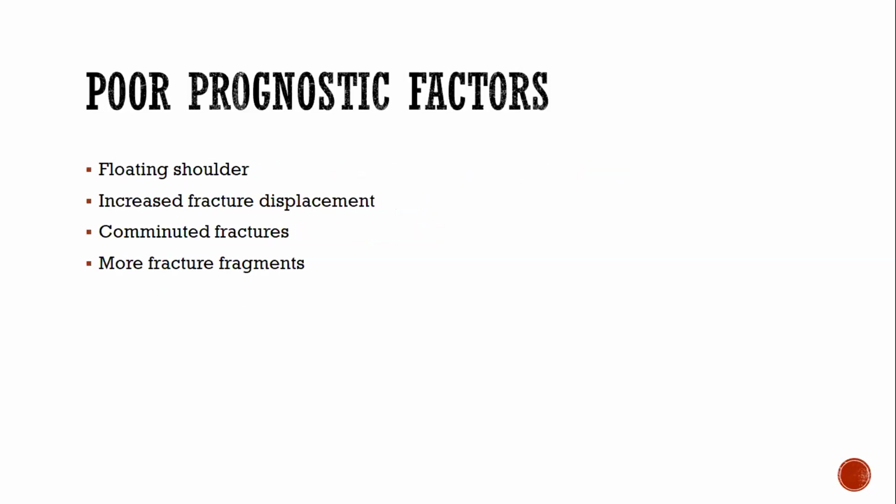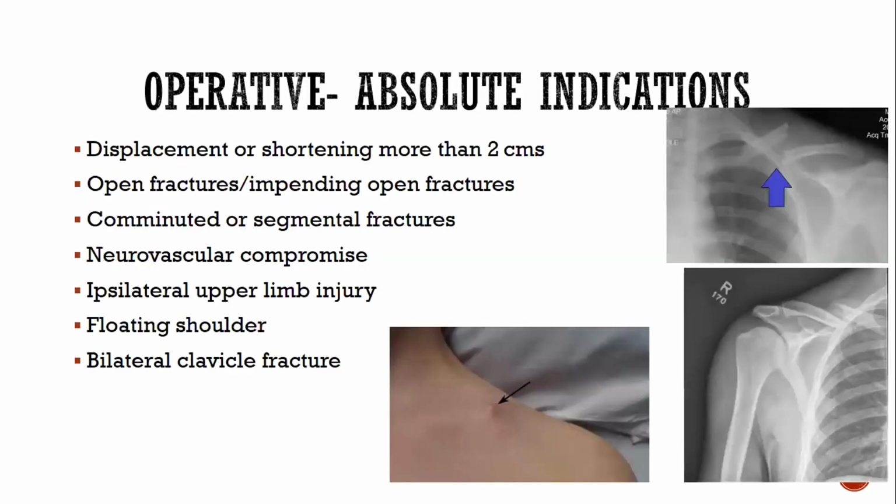The poor prognostic factors for non-operative management are floating shoulder, increased fracture displacement, comminuted fractures, and more fracture fragments. In operative management, the indications are displacement or shortening of more than 2 centimeters, open fractures or impending